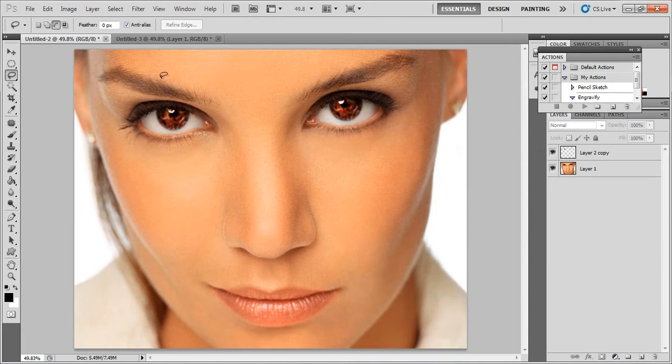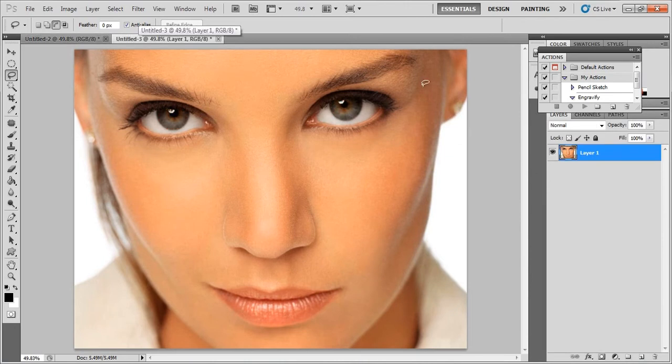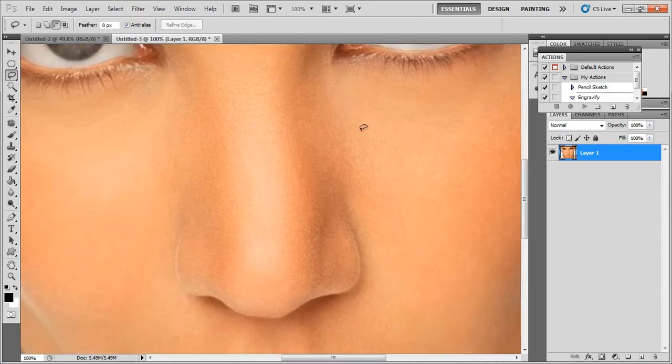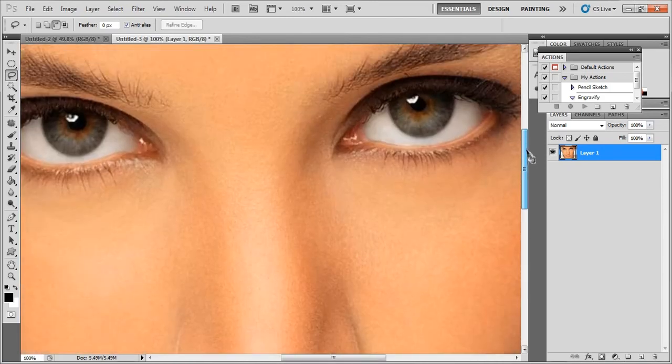So let's get started. First, you need your picture. I just found this on Google Images. Look for a large picture, or if you're taking it yourself, try to get a close-up on the face, because that way your eyes can be big and in detail, and you can really show off the effect well. So in this case, if I press Control-Alt-0 and zoom into full size, you can see it's very large,